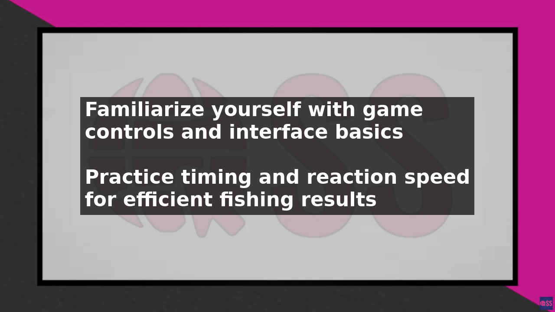Next, focus on upgrading your fishing gear and equipment. As you progress through the game, you can earn coins and rewards that can be used to purchase better rods, reels, and lures. These upgrades will increase your fishing speed and accuracy, allowing you to catch more fish in less